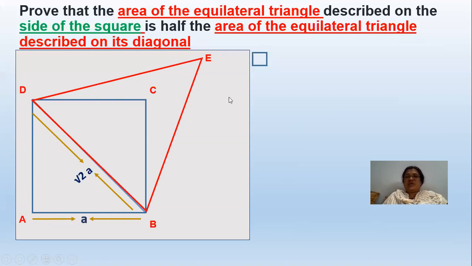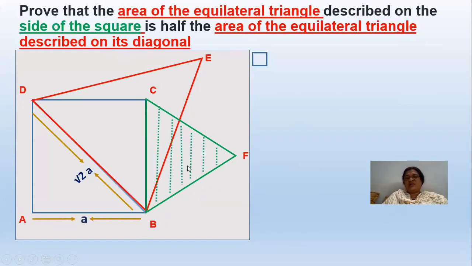So this one, and the area of a triangle. See, one more triangle you have to take. That triangle should lie on the side of a square. So the red triangle is lying on the diagonal. The green triangle lies on the side. So what you have to prove here,